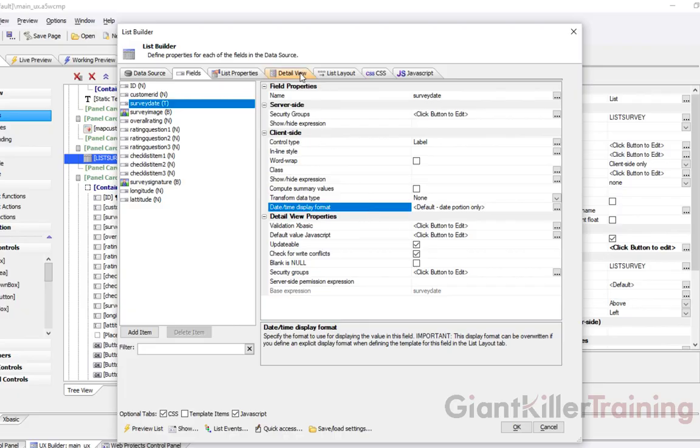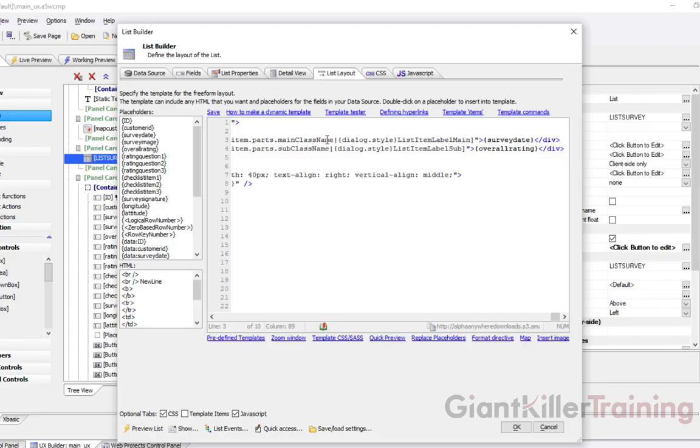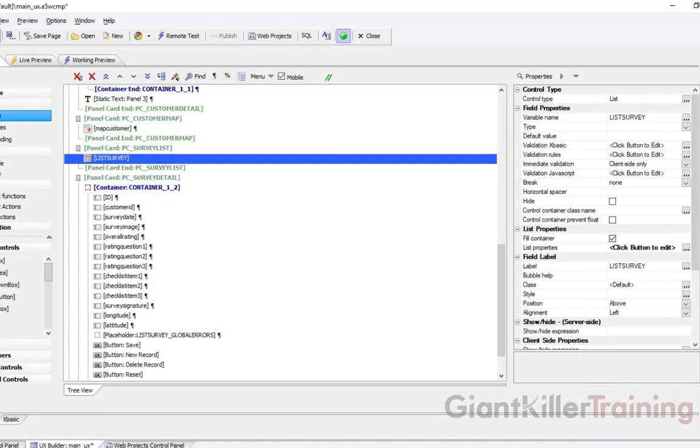Let's go to our list layout. And you'll see currently we're showing overall rating, and that's all we're showing is the value of that field. So to give a little more context, click in front of the first curly bracket and type in overall rating. What we're doing here is basically inserting some static HTML that will be shown on every line. And then we still keep the actual field value after that. Click OK. Click Save,